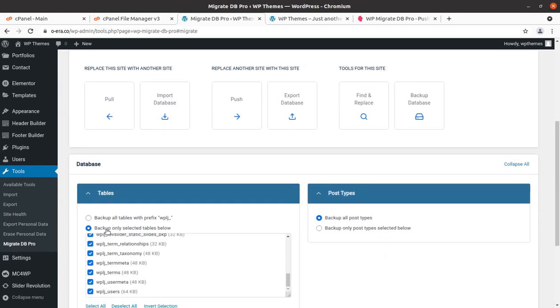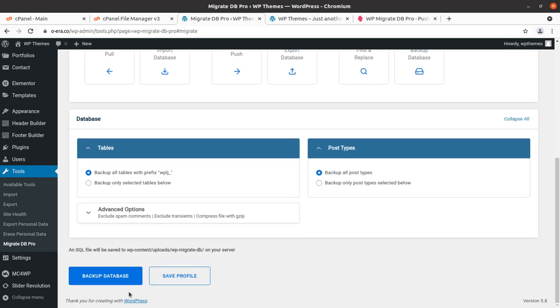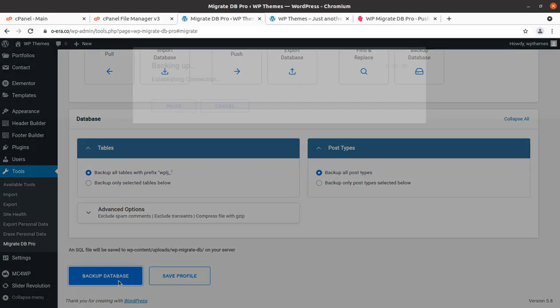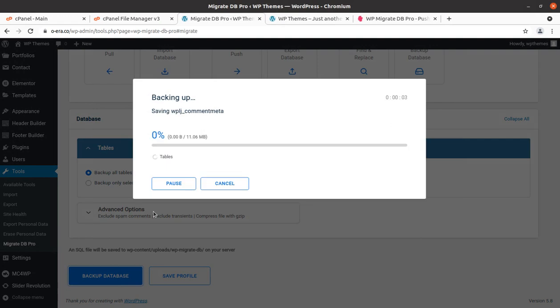Database tables, all tables, all post types. I have simply selected and creating first backup database. So establishing connection, it is backing up the database.